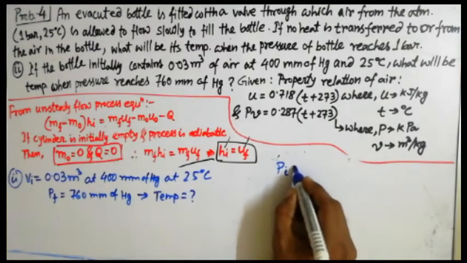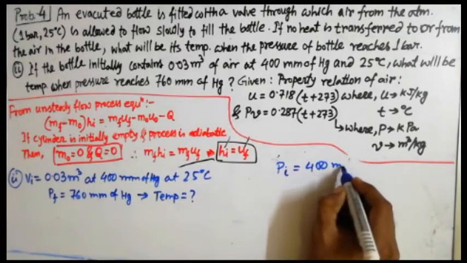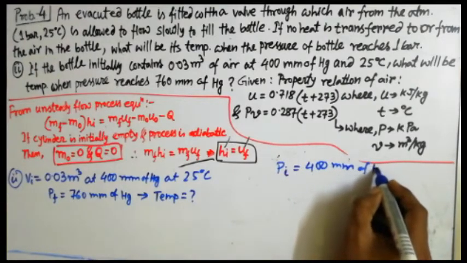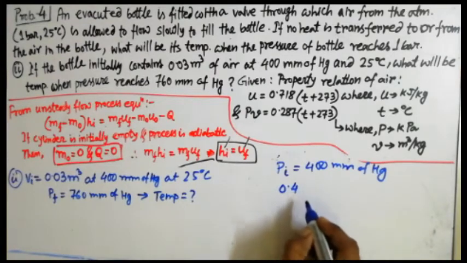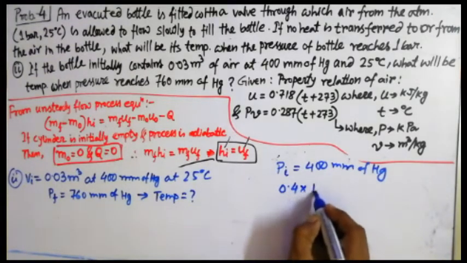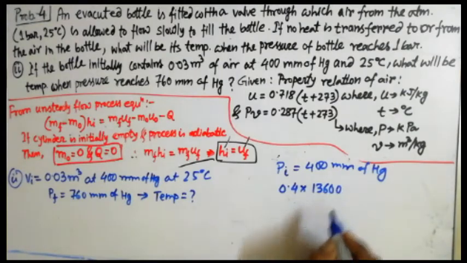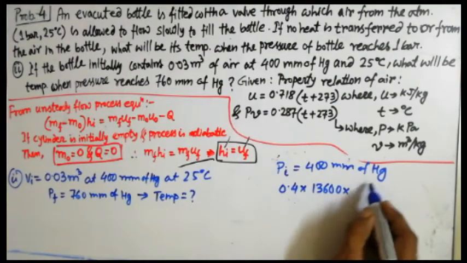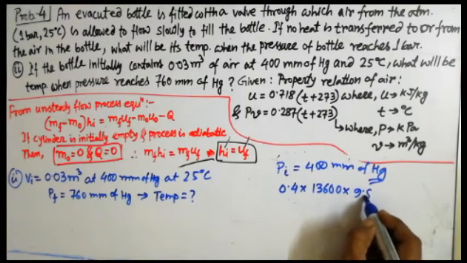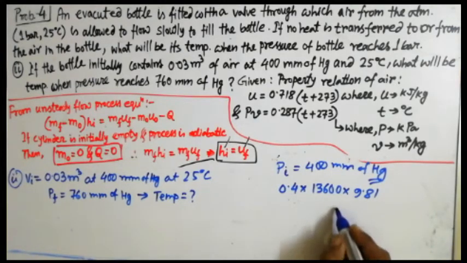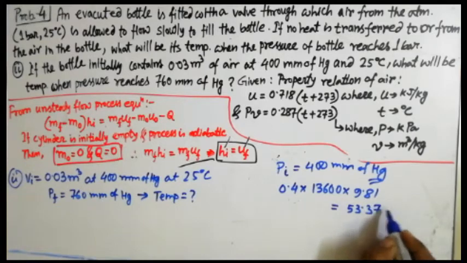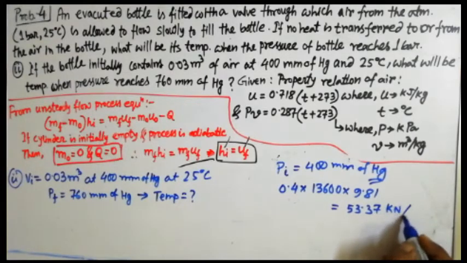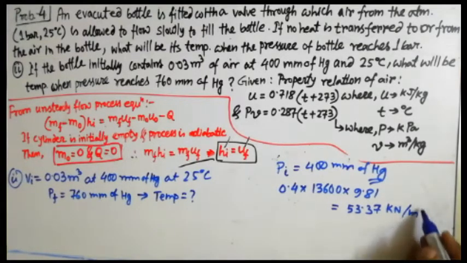If it is given 400 mm of Hg, it is very easy to convert. 400 mm is nothing but 0.4 meter, and 13600 is the density of mercury, and 9.81 is the value of g, so that will give you 53.37 kilonewton per meter square. That is the value